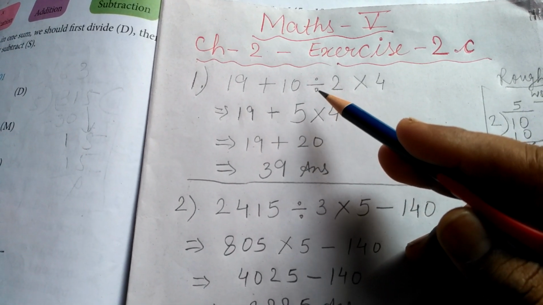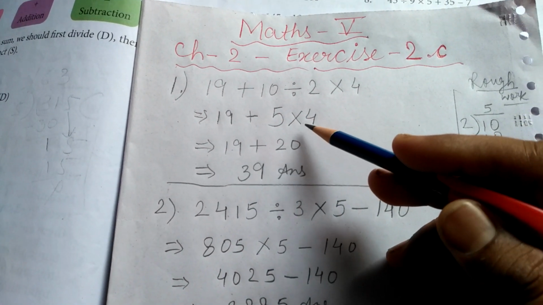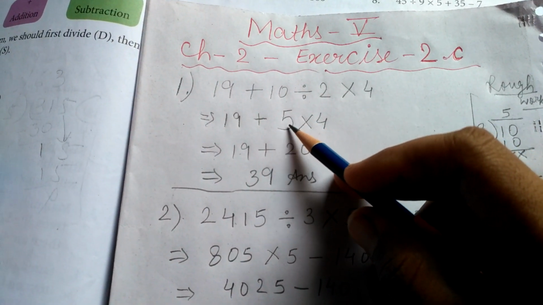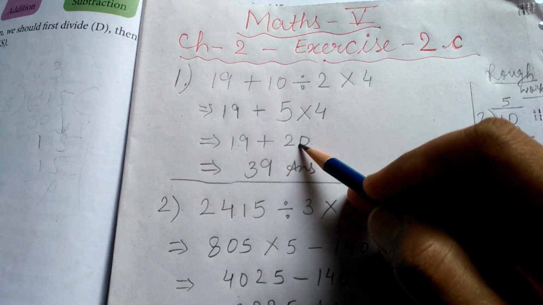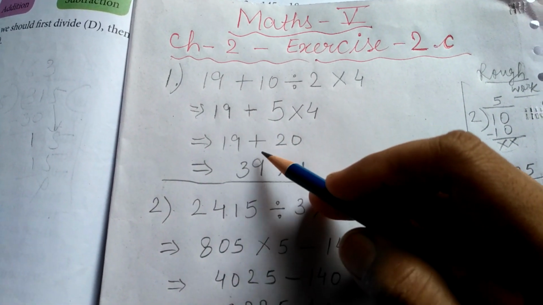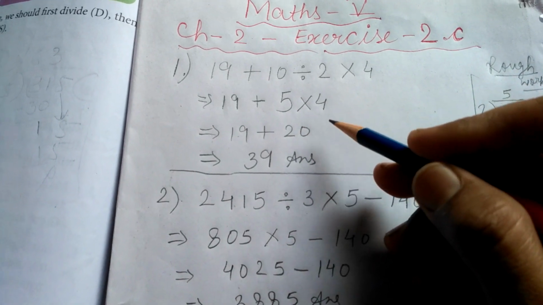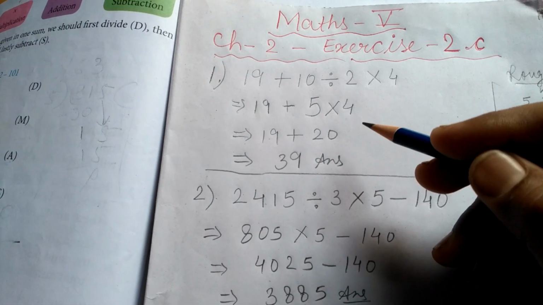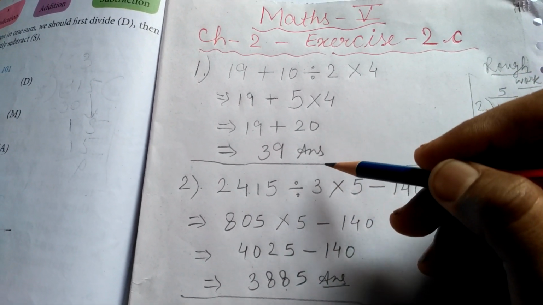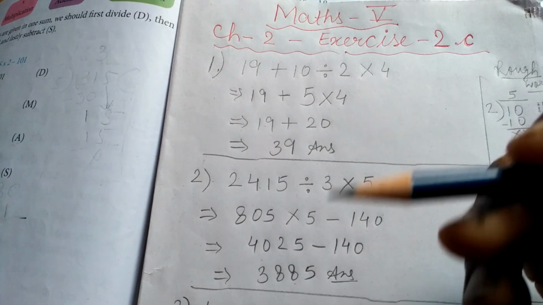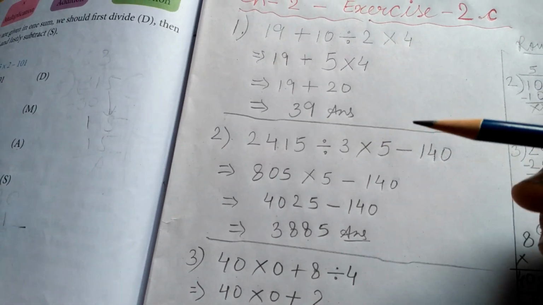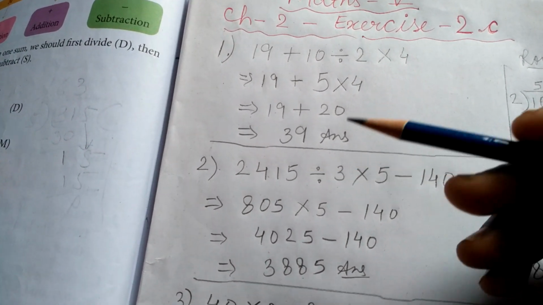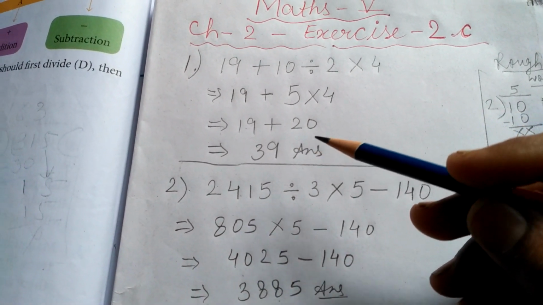Now after division in the DMAS rule, comes the multiplication part. So we can see the multiplication sign is in between 5 and 4. So 5 fours are 20. So in the next step, the rest of the things will be written as it is, only the multiplication part will be solved. So you have to simplify the questions step by step. First step you will solve the division part, in the next equal to step you will solve the multiplication part, in the next equal to step you will solve the addition part, and if a subtraction sign is also there, then in the next equal to step you will solve the subtraction part.